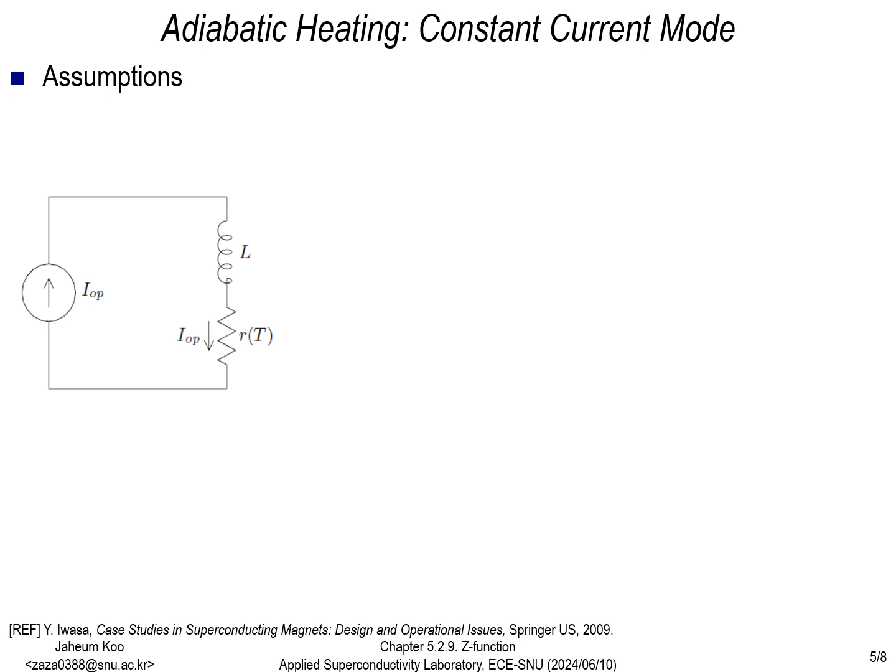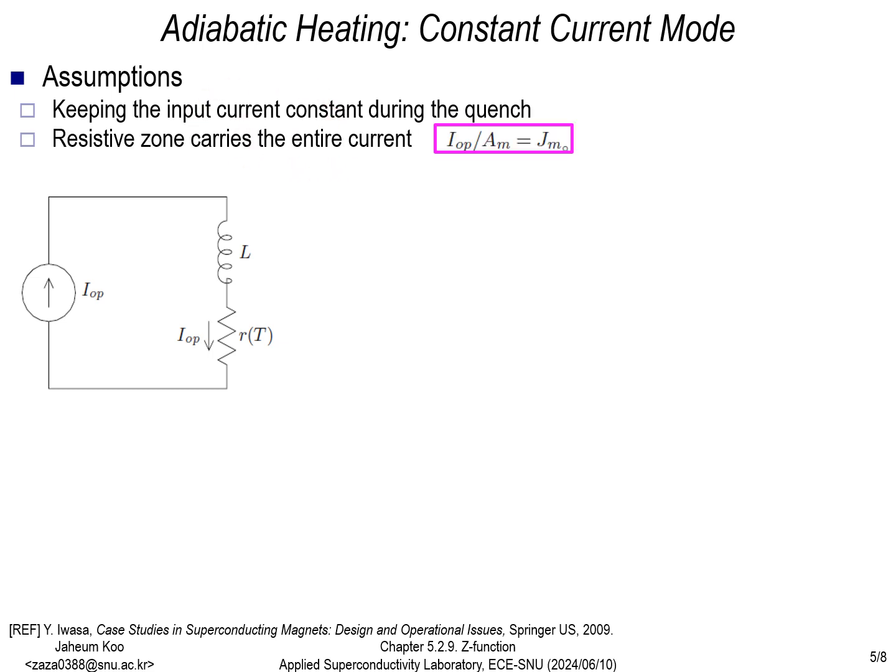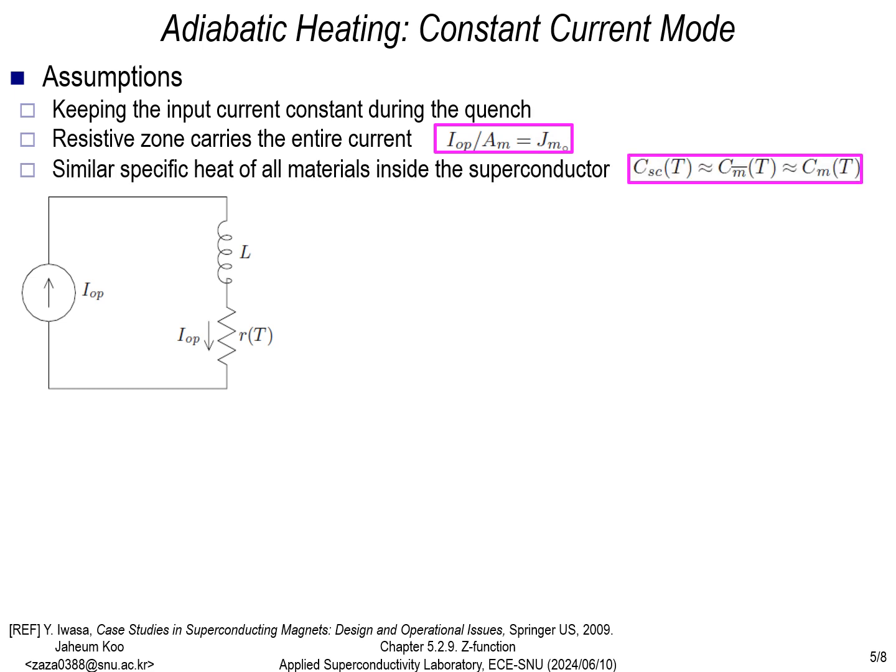Next, we will make a few assumptions in the constant current mode. First, we assume that even in a quench situation, the current supplied from the source remains constant. Second, we assume that when a quench occurs, all the current flows only through the matrix region. Additionally, for simplicity in calculations, it is assumed that the specific heat of all materials within the superconducting wire is